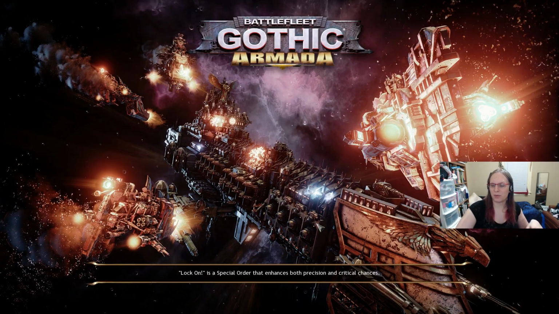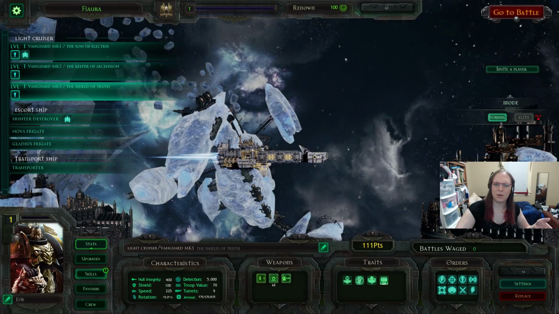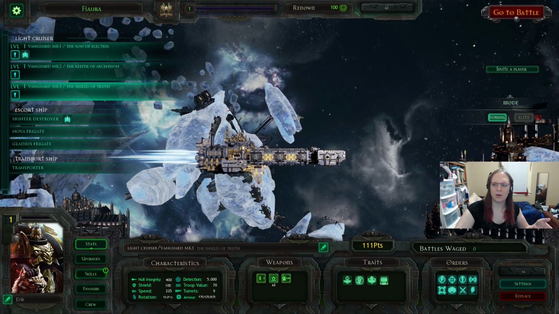By the way, you want to see the hilarious part? Each different chapter has their own, and not only has their own color scheme, but has their own